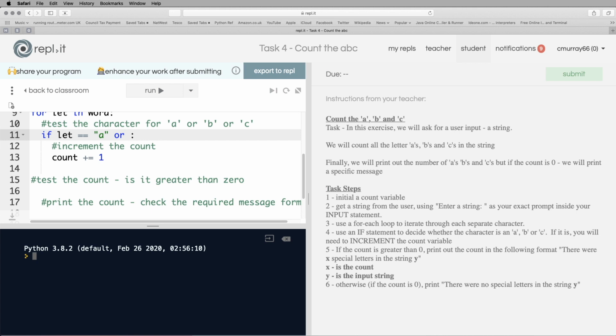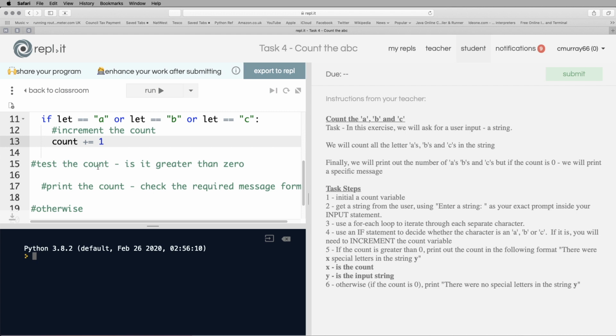So if let is equal to A or, and then you have to write out the total next condition, let is equal to B, and you can see that's a totally separate statement, or let is equal to C. Important that we remember there's a double equal sign, meaning it's an equality check. Okay, so if let is equal to A or let is equal to B or let is equal to C,